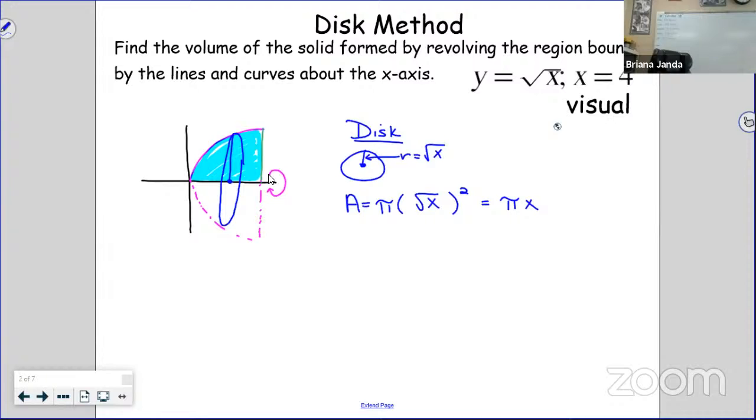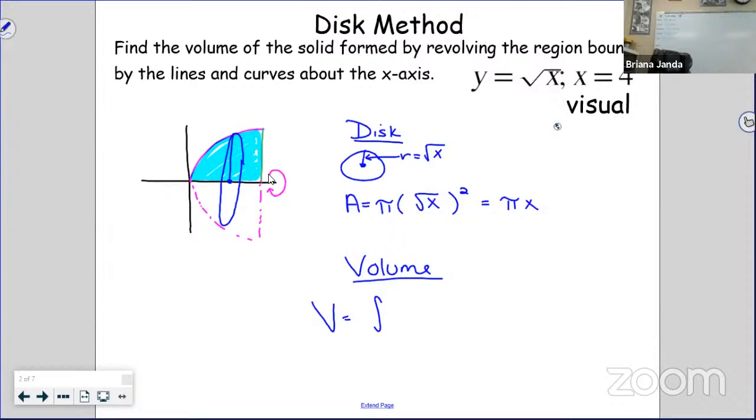All right, so then proceeding into the volume, we have to consider, and we probably should have talked about this earlier, which axis or which direction we are stacking up these little circles, these little disks, right? So I am stacking these up from left to right along our x-axis, right? Smaller ones here towards the origin, bigger ones as we get out towards the end of that shaded region. And we're stacking them up from left to right. And so that tells me that I'm integrating with respect to x, left to right, and that tells me how to set up my integral. So our volume,